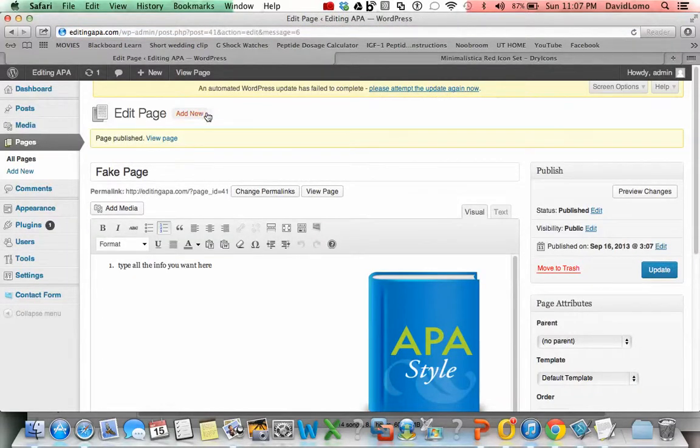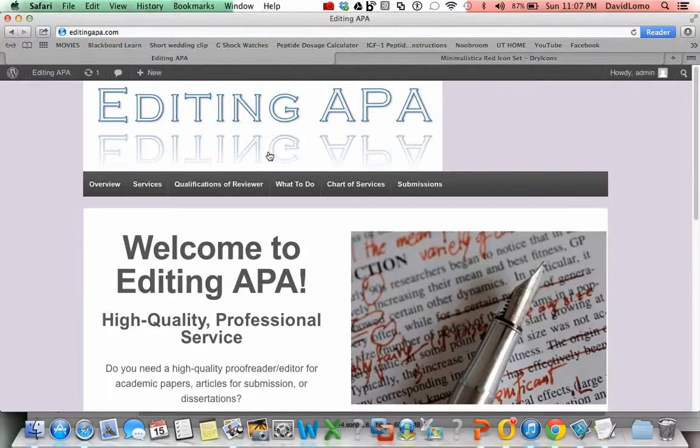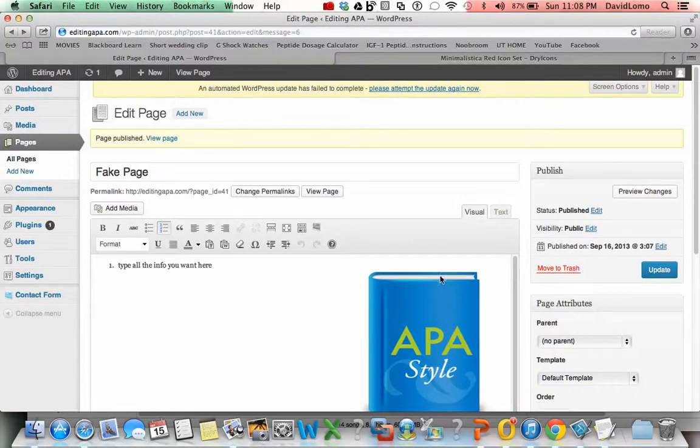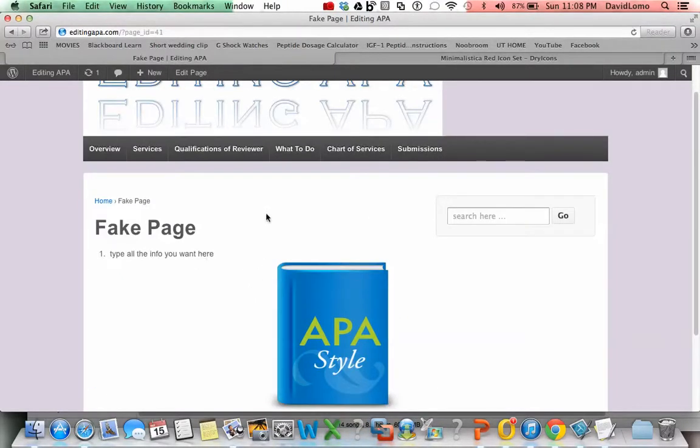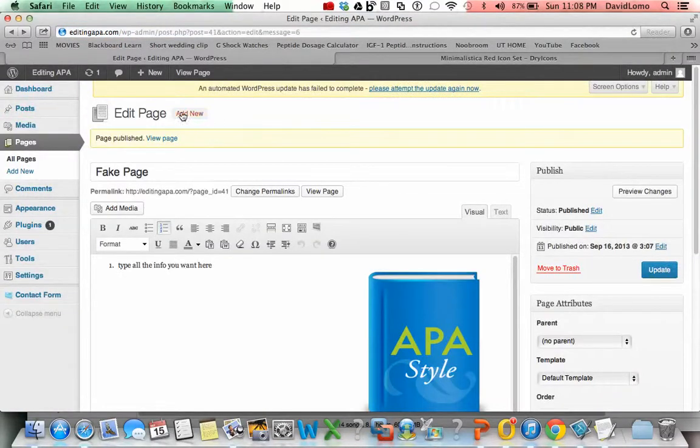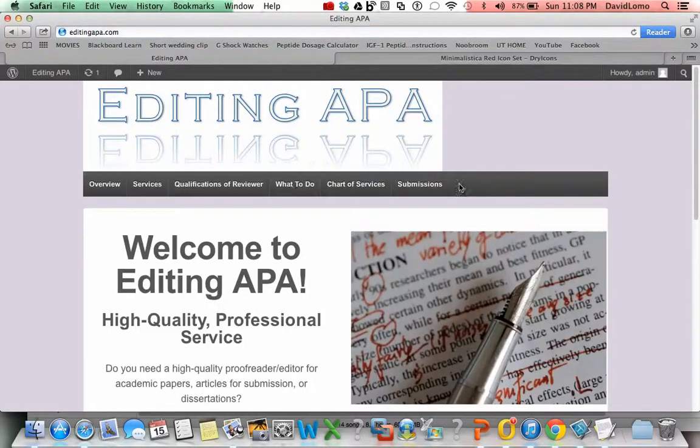Okay, and you can preview everything you're doing. If you go back up here and you go to editing APA and you hit visit site, where'd it go? Fake page. Oh, view page. Here's your fake page. That'll be the title right there. And the way to get it up into that menu bar, if you want fake page to be listed up here,